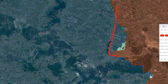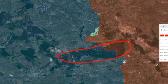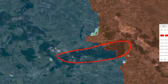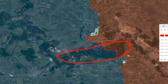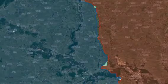They would need to establish this position to protect their flank. They would also need to gain full control over the forest areas here to the south of Kreminna and Liman, connecting the two cities, as that would allow them to have a secure flank to the south, prevent the Ukrainian forces from launching attacks towards the supply lines of the Russian forces, taking cover in the forest to establish guerrilla fighting positions. And then finally, they'd need to gain control over the northern parts to avoid a Ukrainian counterattack from